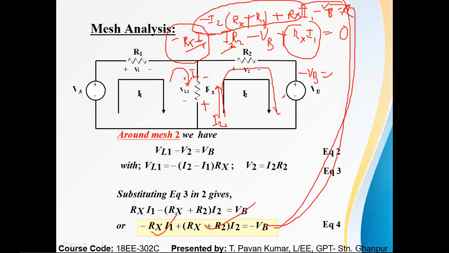As soon as you finish the loop equation, your 80 to 90% job is done. After that, the mathematical part comes into the picture. Then you can solve the two or many equations based on your assumptions. Then you can find the loop currents I1, I2, and I3. Based on the direction of loop currents, you can find the particular common branch currents. Right. Let me move to the next slide.